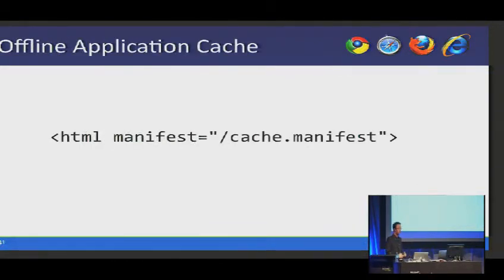Another very nifty addition is offline application cache. And you add that to your HTML element. You do some magical tweaking to your web server, and you can have offline caching. Now, this is particularly useful if you're building mobile web apps, because you can't always guarantee that you're going to be online. So you can save things locally, and it just runs as if it were online. And what's cool is that it triggers an event when your browser comes back online. So you can have an event listener that listens for that online status, and the moment that happens, bam, you can shoot your data up to the web server, no issues. Pretty cool stuff.